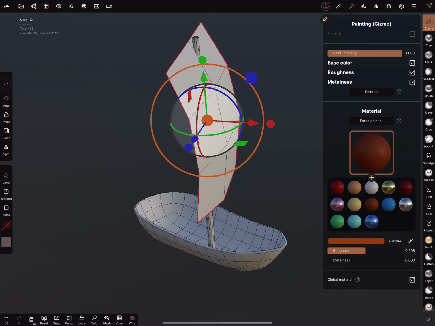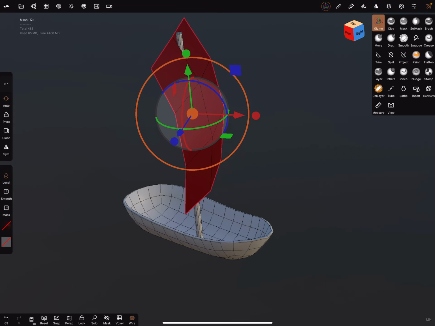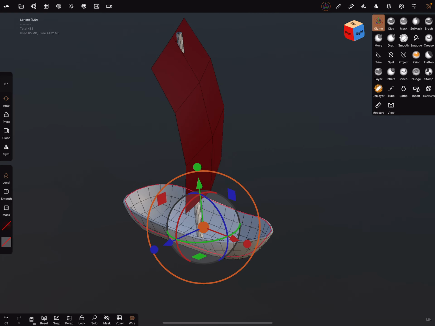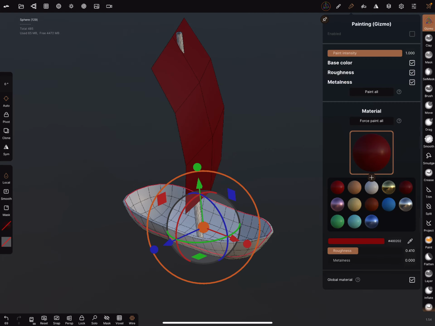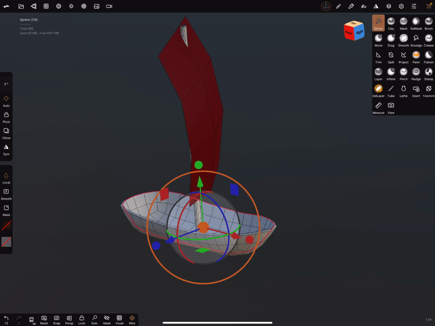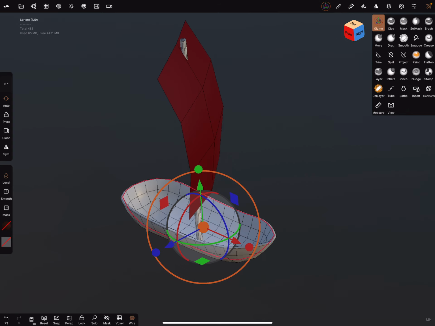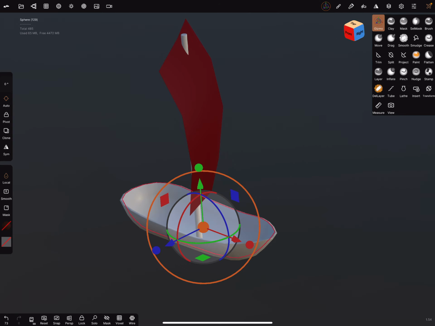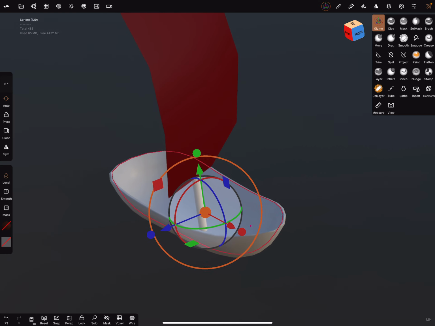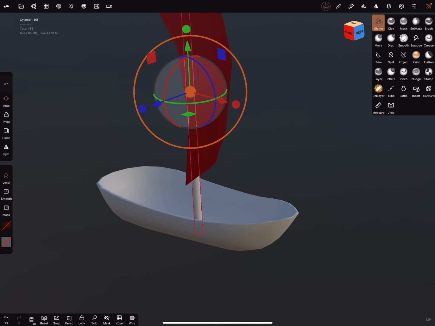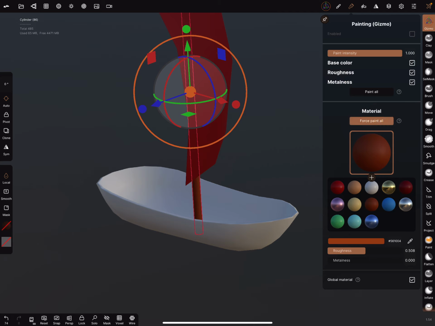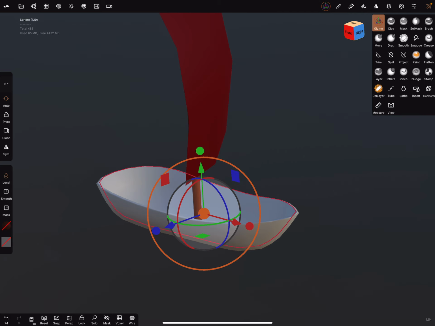We can paint a red sail and brown. Wireframe, why it's not painting? Okay.